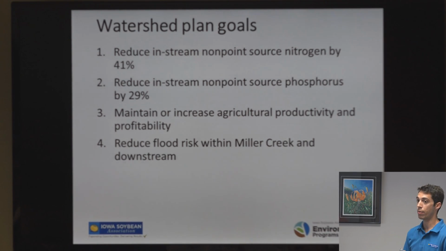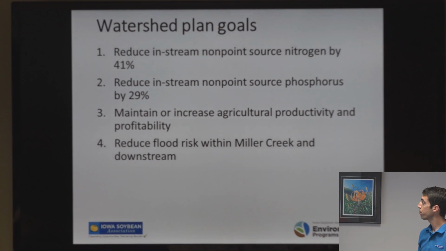And these numbers come from the Iowa Nutrient Reduction Strategy, which calls for a 45% reduction in total nitrogen and phosphorus in Iowa lakes and streams. But the 41% and the 29% are the non-point source pollutant goals of the Iowa Nutrient Reduction Strategy. Non-point source being farm fields, urban stormwater runoff, things like that. This watershed has no point source pollutant sources in it, so we went with 41 and 29% for